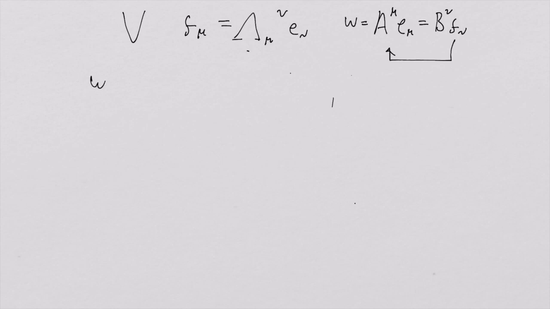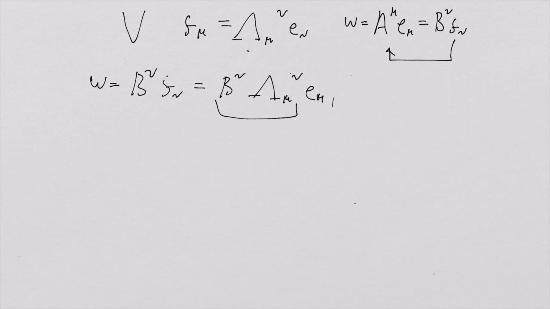So I'm going to write W equals B mu F. Well, I'm using nu, right? I guess I should stick with that. B nu F nu, which equals B nu lambda nu mu E mu. And now this is a scalar that represents,